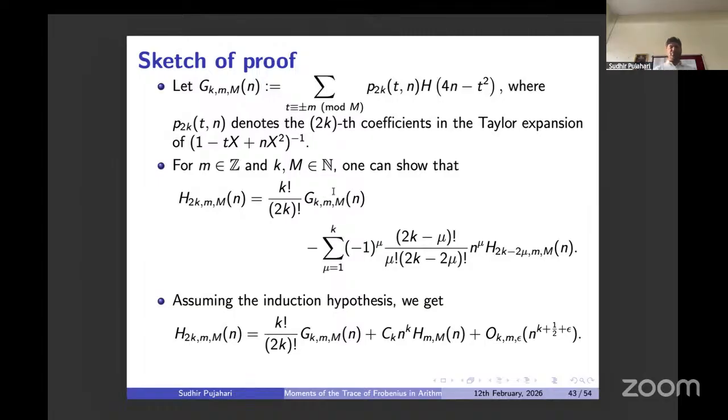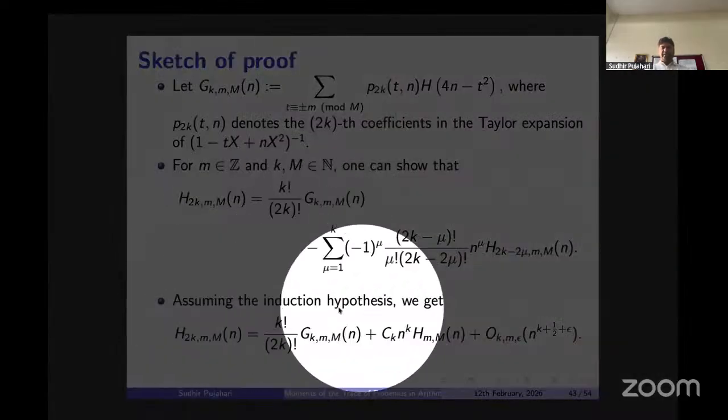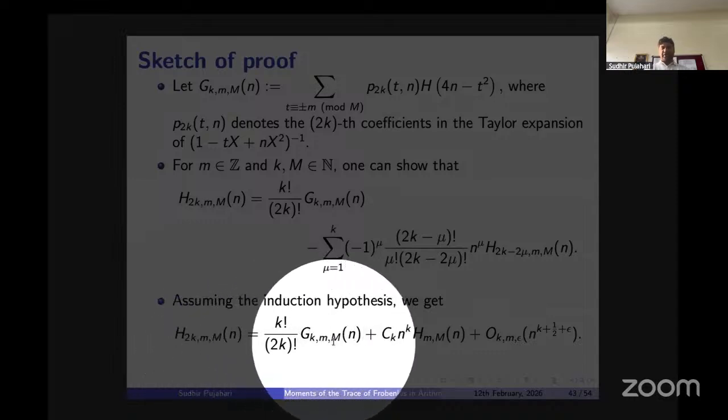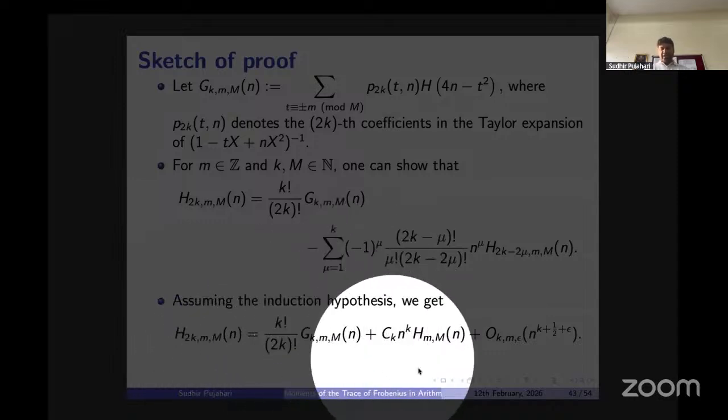To prove this, we can use the induction hypothesis for kappa equal to 0. The proof is actually quite complicated, but I'm just trying to give a very brief sketch. So assuming the induction hypothesis, we can show that this quantity plus whatever we want,